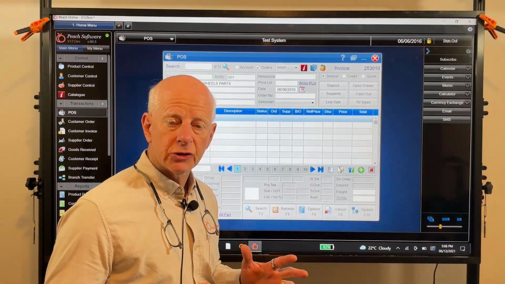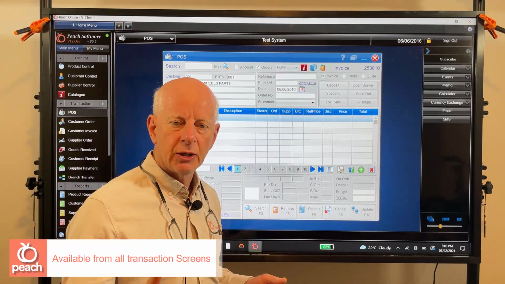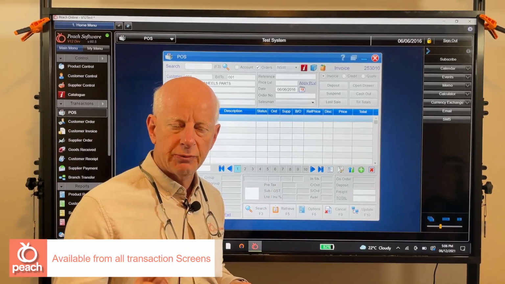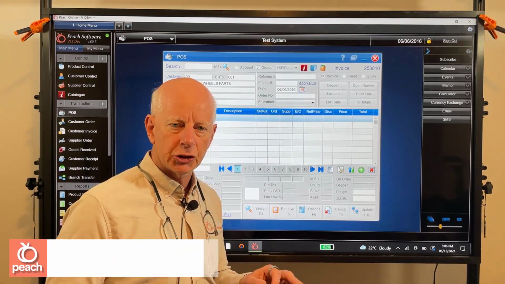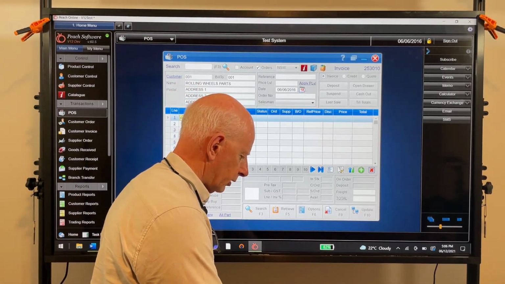So this new feature is available from any of the transaction screens. It's when you add a new customer, product or supplier. I'm going to show you in the add new product screen because that's got a little bit more information that I want to show you as well. So let's type in a part number. I'll put in a part called Pacific,